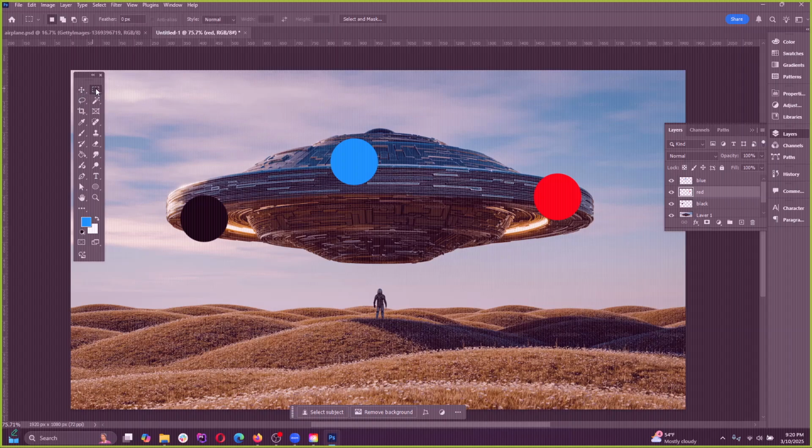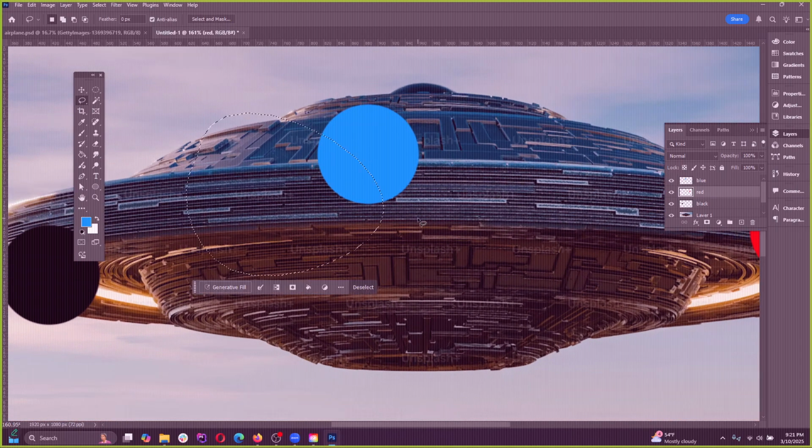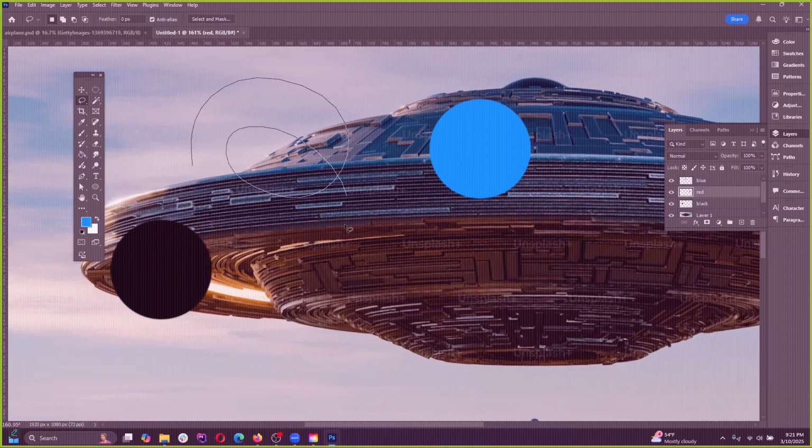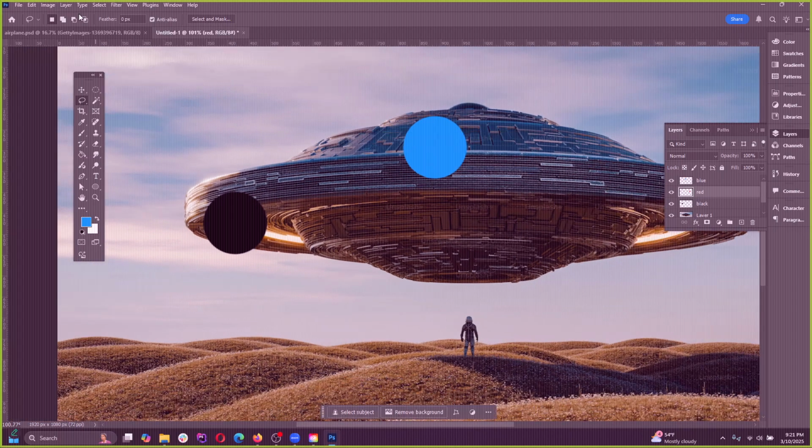We already talked about the rectangular and elliptical marquee for making circle and square selections. Then we have the lasso tool. This is for more freehand selection. You're probably almost never gonna use just this by itself because it'll be really hard to select things with this. That's why there's